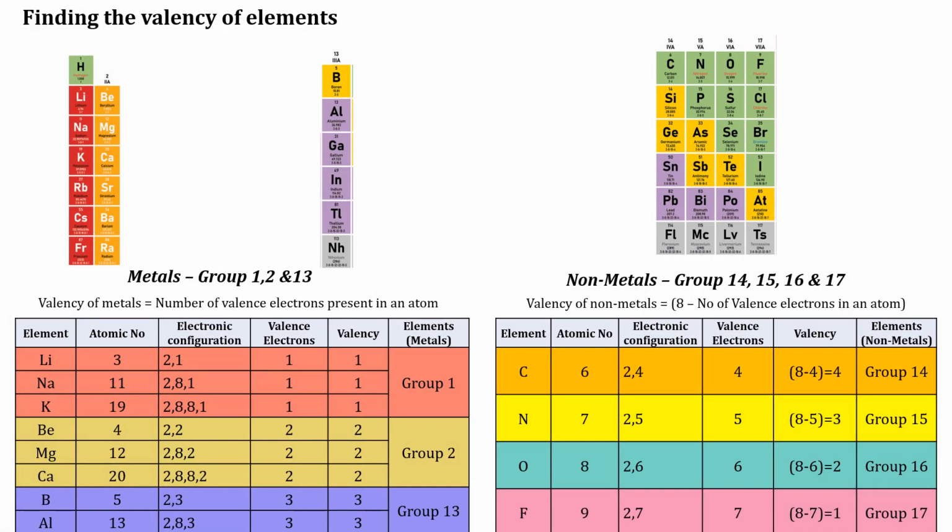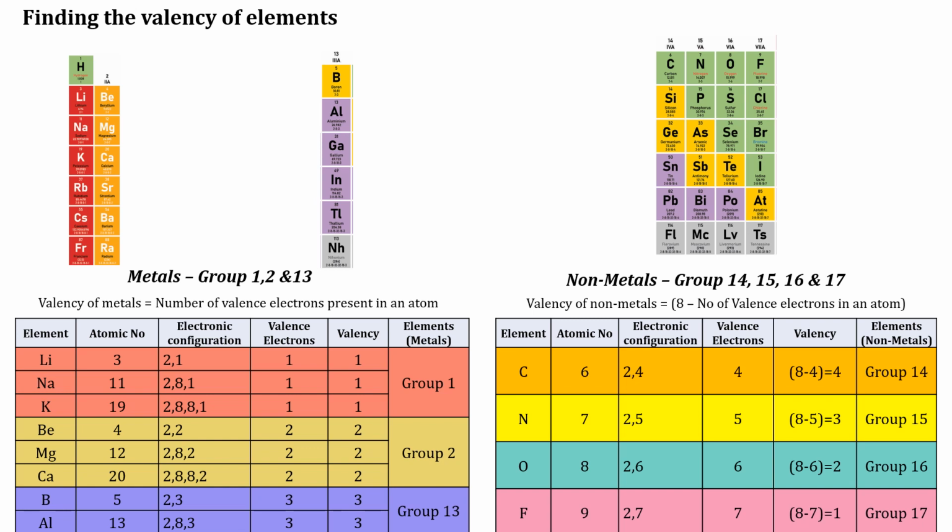In the previous video, part 1, we have learned modern periodic table and the arrangement of elements in it. Now, let's learn how to find out valency of elements in different groups. Hydrogen, the first element, has 1 electron and the valency is 1. Now, the first group elements given in red color: lithium, sodium, potassium, rubidium, cesium and francium. Now look at the table below. We have considered lithium, sodium and potassium with their atomic number 3, 11 and 19.